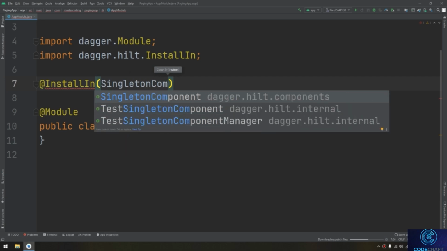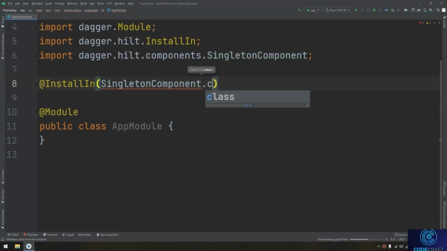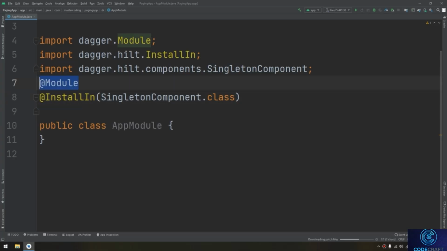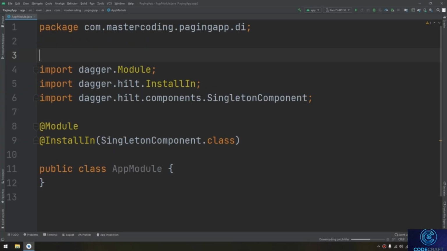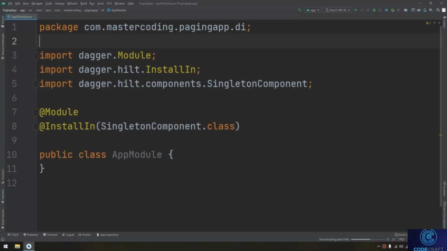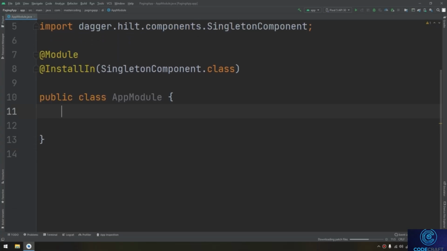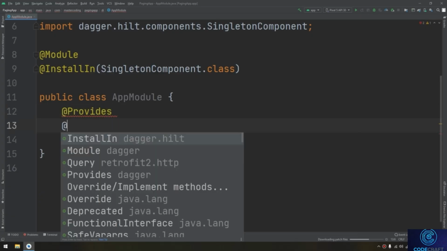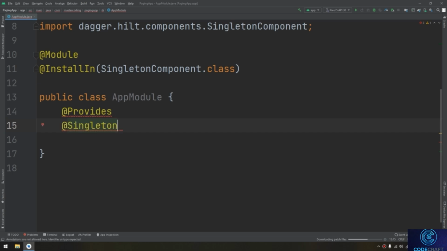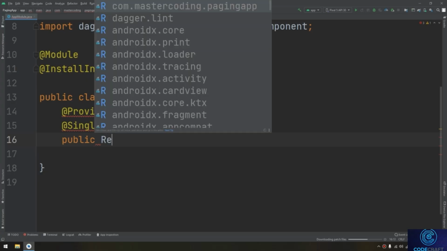which is dagger.hilt.components and .class. Okay, so these are for the AppModule, and these are the packages and the classes that we have imported. So this AppModule also has Dagger annotations, Provides and Singleton. These are lectured in the Dagger section, so please go back in order to learn in depth what these annotations mean. So public RequestManager